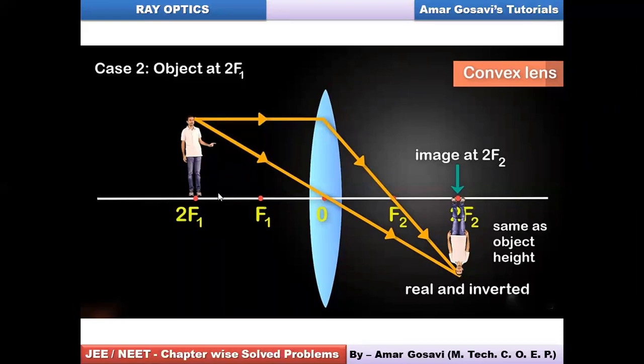So you can see if the person is standing at 2f1, the image formed would be at 2f2, isn't it? And you can observe it's of same size, so no magnification, or magnification is 1 in this case. Obviously, because it is formed on the other side, we will call it a real image. And because it is inverted, we also call it an inverted image. So again, you can observe the nature of the image being formed over here. Please make a note of it, friends, before I show you the second case.